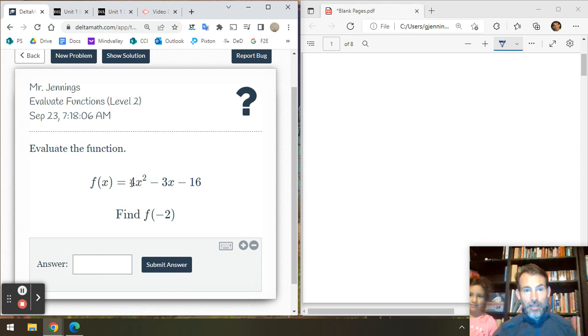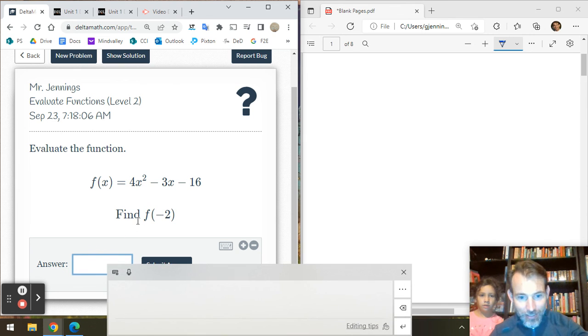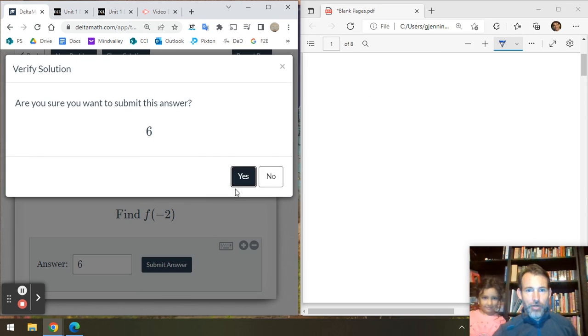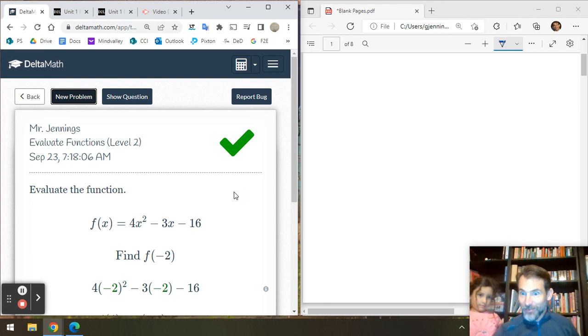So here, I would substitute in -2 for x wherever I see it. So 4 times -2 squared. -2 squared is +4. +4 times 4 is 16. -3 times -2. 3 times -2 is -6, so I flip the sign back again to +6. Running total, we're at 22 now. Then -16. 22 minus 16 happens to be 6. So you can write it out too, and you would get it right too. Or you can do it in your head and learn to get it right too. So that's how you do these